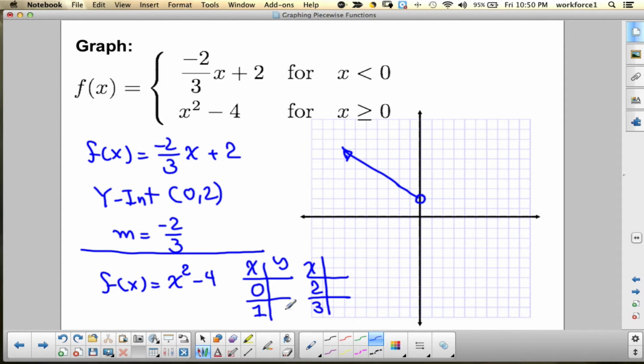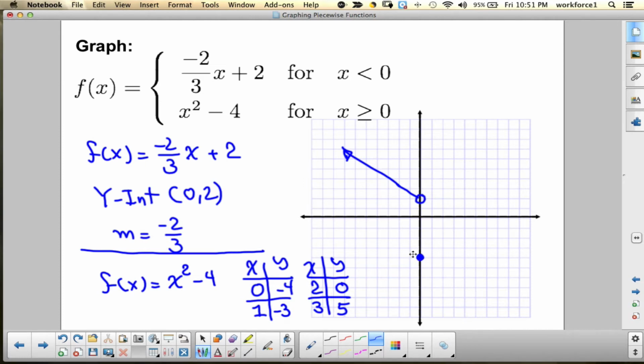When x is equal to 0, y is equal to negative 4. When x is 1, y is negative 3. When x is 2, y is 0. When x is 3, y is equal to 5. There was no need to go to the negative side because x has to be greater than or equal to 0. So 0, negative 4,